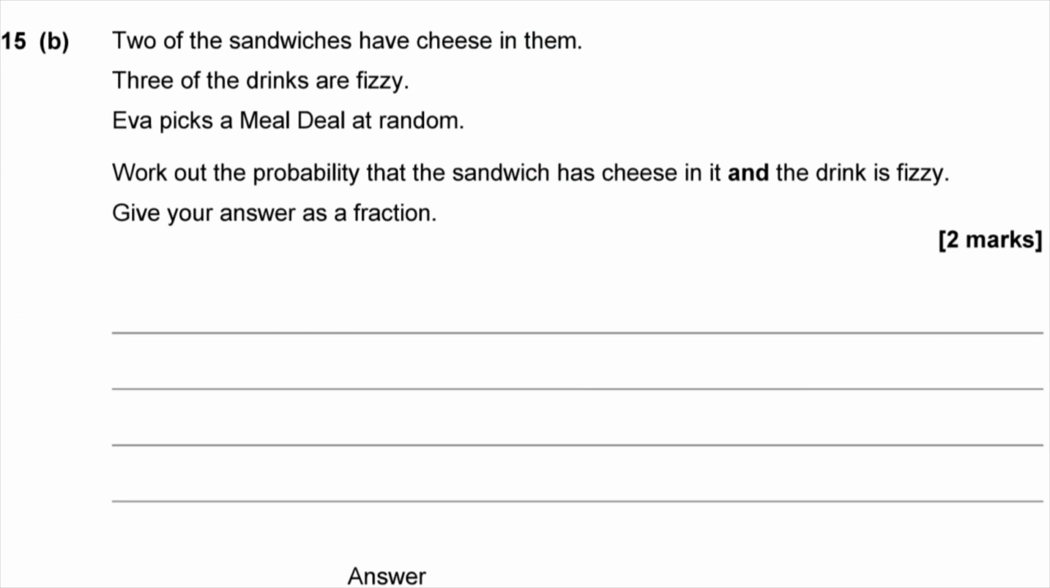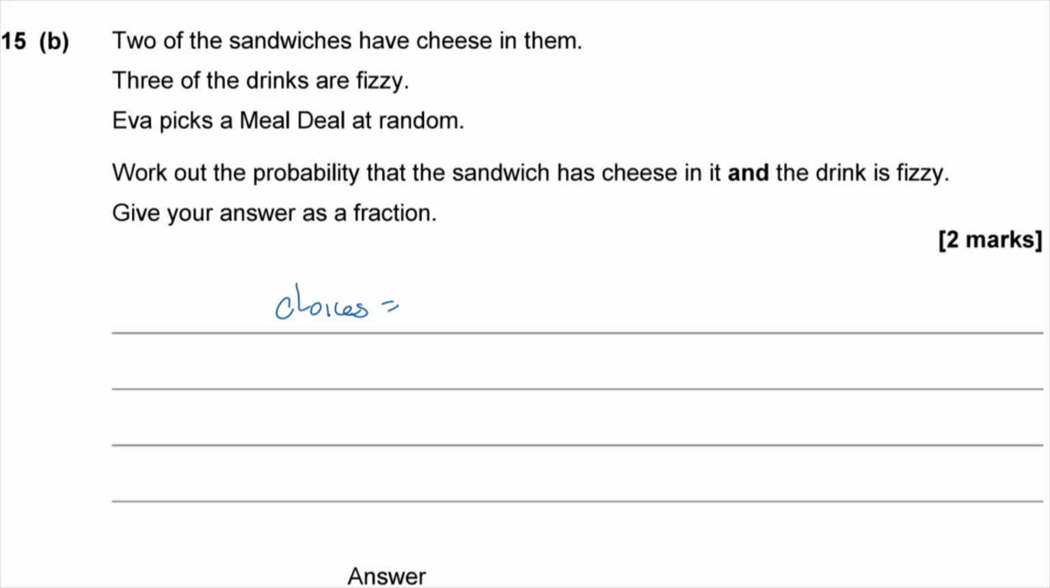15b says 2 of the sandwiches have cheese in them and 3 of the drinks are fizzy. Either picks a meal deal at random, work out the probability that the sandwiches have cheese in it and the drink is fizzy. Give your answer as a fraction. Okay, well, the number of combinations then that have cheese in it and are fizzy, well, how many different choices has she got for those? So here, the number of choices